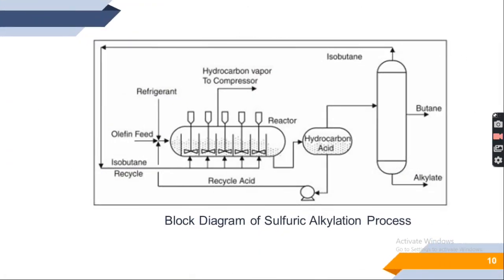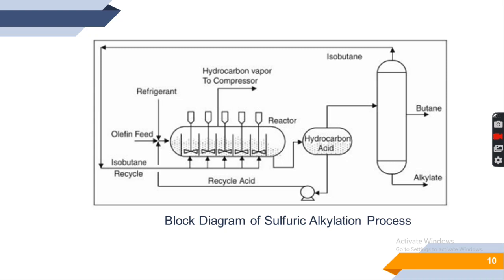So the following is the block diagram of a general sulfuric acid alkylation process. As we can see, the olefin feed is fed to the reactor where sulfuric acid acts as a catalyst and the alkylation process takes place. The hydrocarbon vapors are sent to the compressor for condensing,